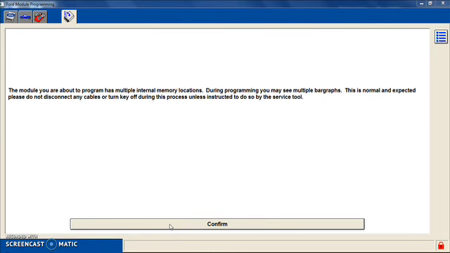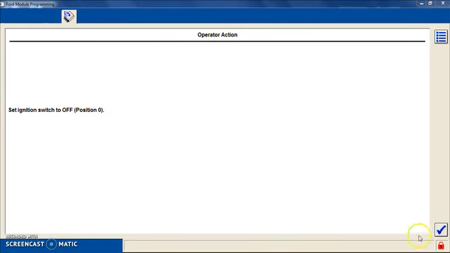Confirm. Ignition switch is off. Ignition switch on. Now it should start programming momentarily.